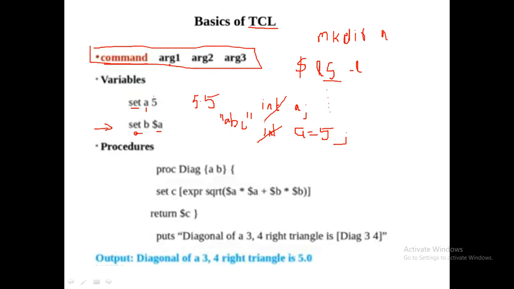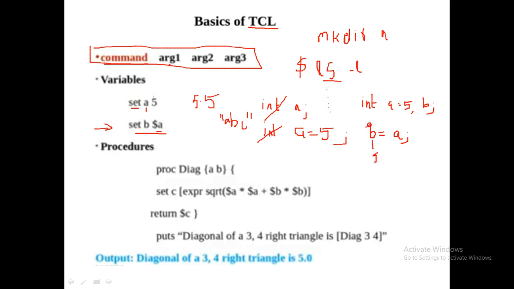Now what are we doing in this command? Say that in your C, you declare two variables: int a is equal to 5, comma b. So this line says you have two variables a and b, and in a you have already assigned 5 by default. Now you want to put this value in b. So how do you write? You just write b equal to a. You assign the content of a to b. So b also will get value 5.